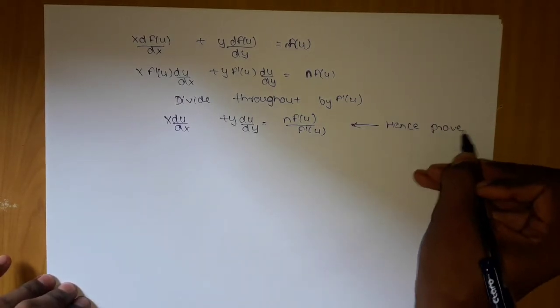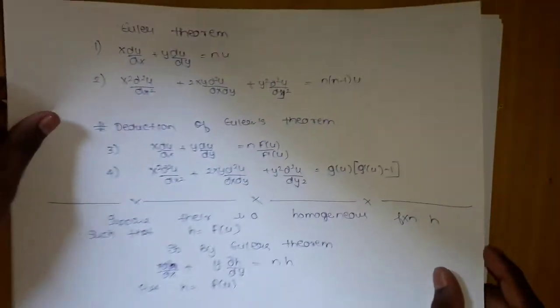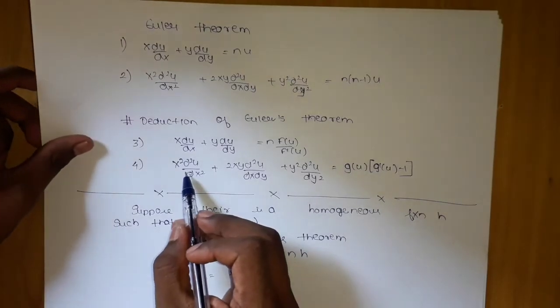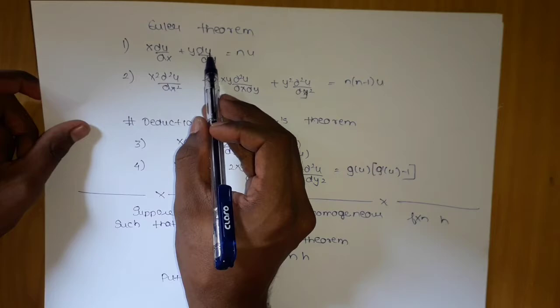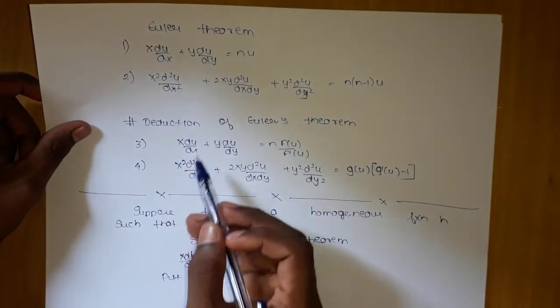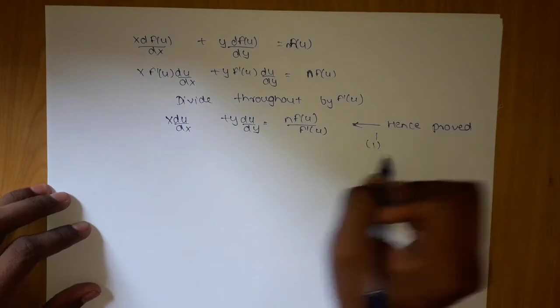So you can clearly see we got the proof which we wanted, hence proved. Now let's prove the fourth one. This was the fourth one. Similarly, like here we proved this one using the first, we are going to prove this one using the previous result. I will call this one as 1.